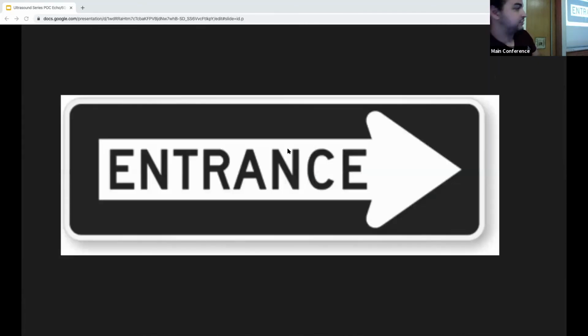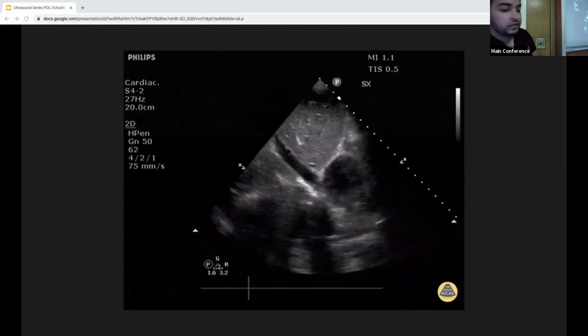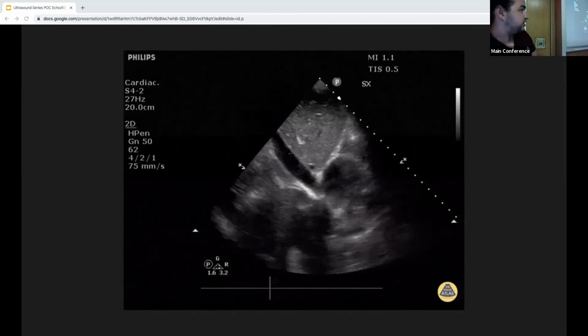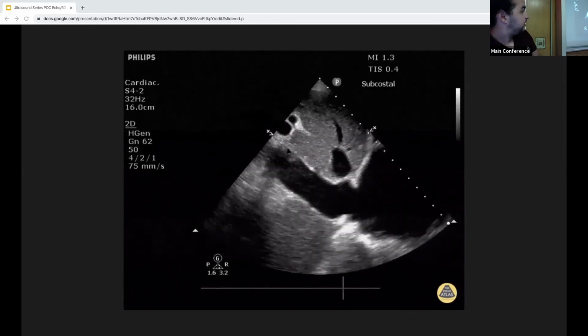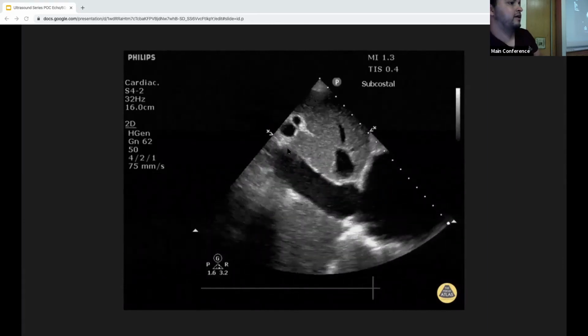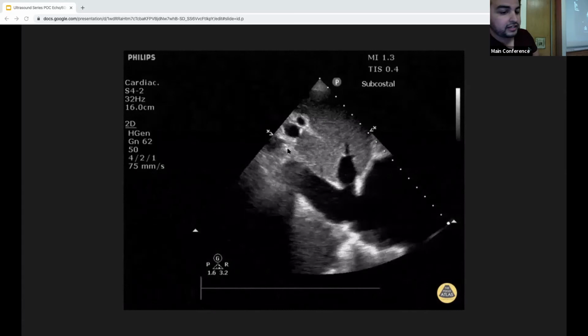Next E is entrance. This is looking at the IVC going into the heart. This is a normal IVC here. It should be around 2 centimeters. There may or may not be some respiratory variation, most of the time there is. But if you see a very enlarged IVC with no respiratory variation, that's considered plethoric. If you are worried about tamponade or any signs of obstructive or cardiogenic shock and you see this, you should be worried. That is a sign of shock